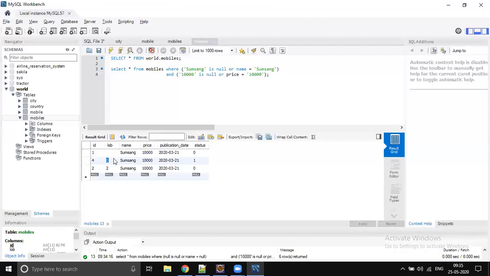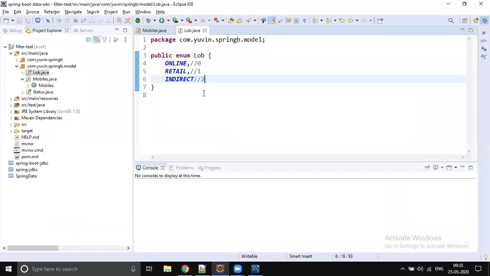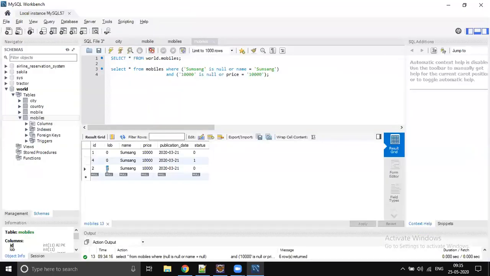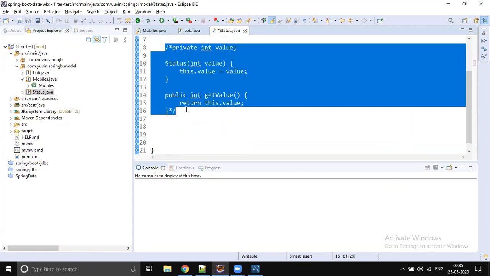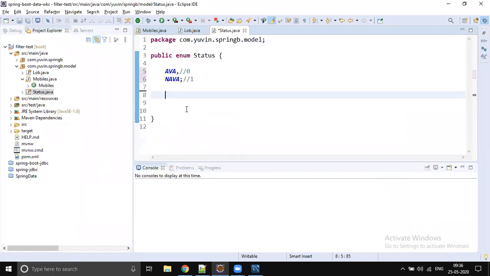That's how enums will work whenever we are working with Spring Data JPA and MySQL. The same thing for status. It's actually not AVA, it's supposed to be something like available, but that's fine. AVA means available, NAVA means not available. That's how the data will be copied.